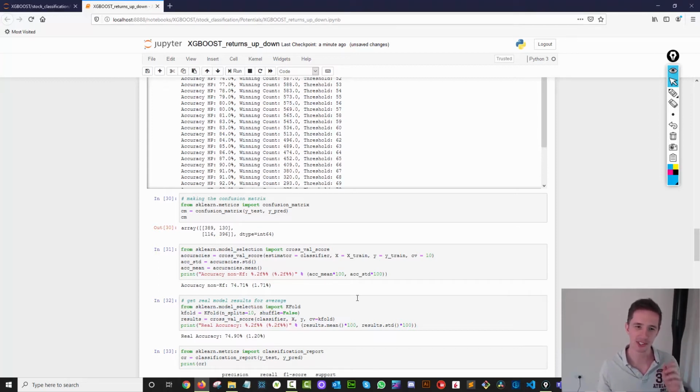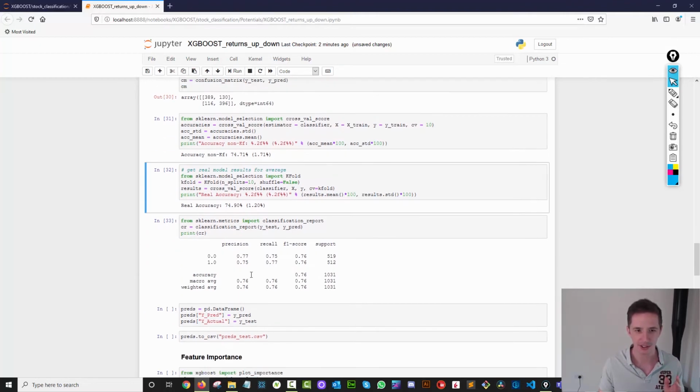I know when I put CCI to this as well, I got something like 77%, or there were some parameters I put in. I was able to actually improve this slightly, but look at the point here. The point is that I can predict with 75% accuracy whether the return tomorrow is going to be better or worse than the return was today. It's predicting zeros with a higher accuracy than it is predicting ones, but on the whole, they're virtually the same.